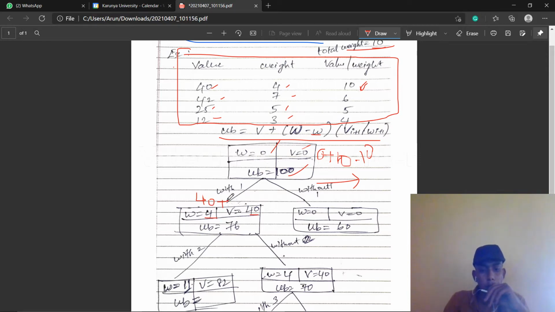So 40 plus 6 into 6 is 36, so 40 plus 36 is 76. That is the upper bound if we choose item 1.